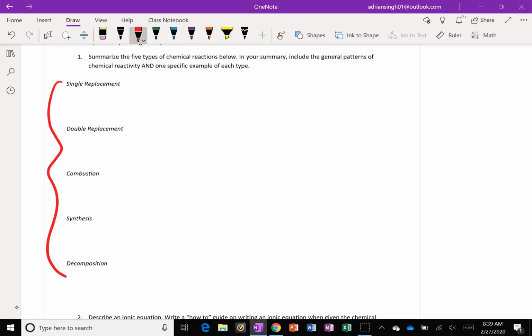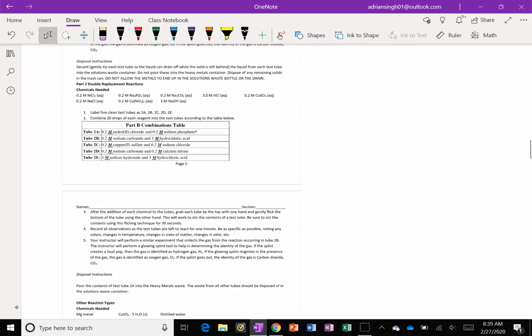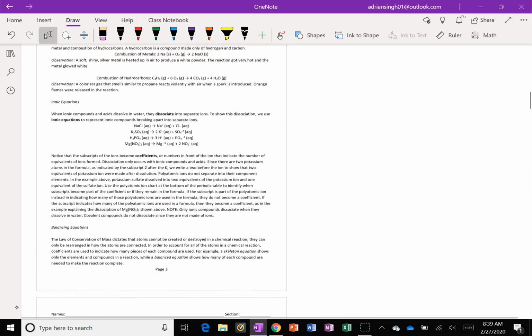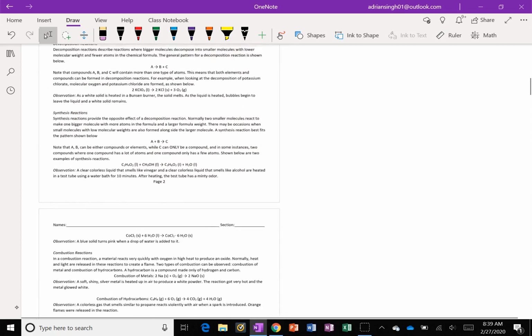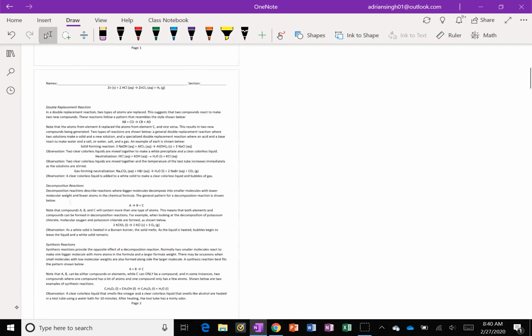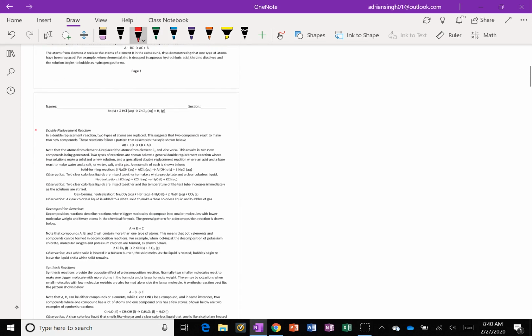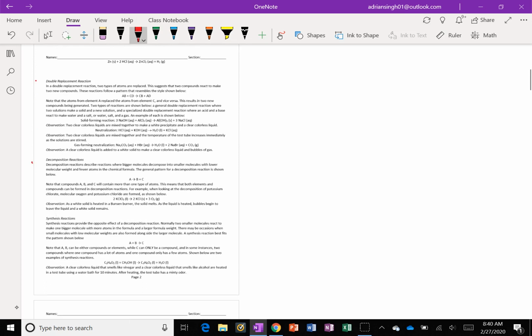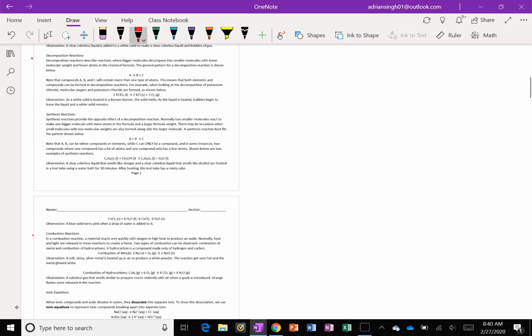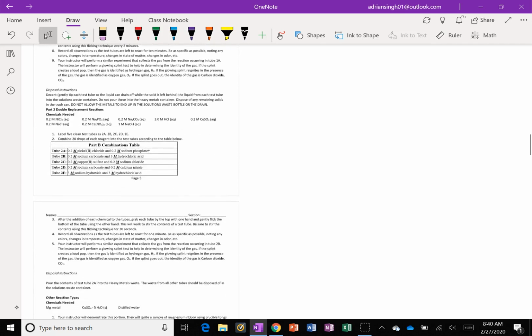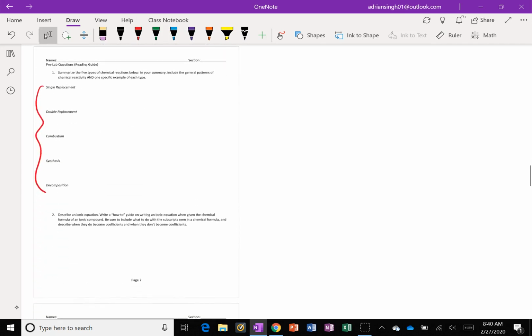And in most cases, as you probably realized, the answers to the pre-lab questions are actually in the lab itself. Okay, so if you scroll back, the first couple pages of the lab handout describes those types of reactions, right? So you have your single replacement, your double replacement, your decomposition, you have your combustion, and you have your ionic equations. All right, so you want to make sure and go back and read those sections